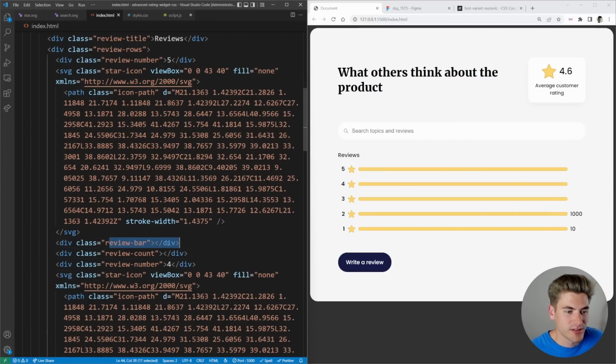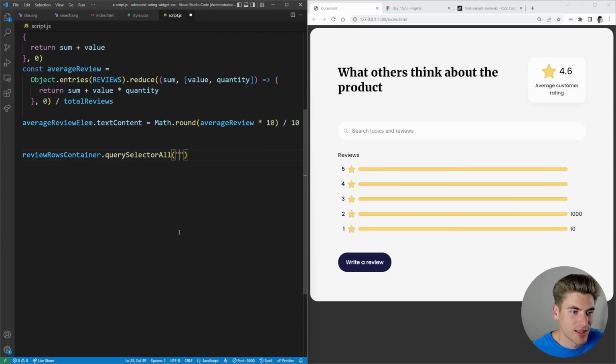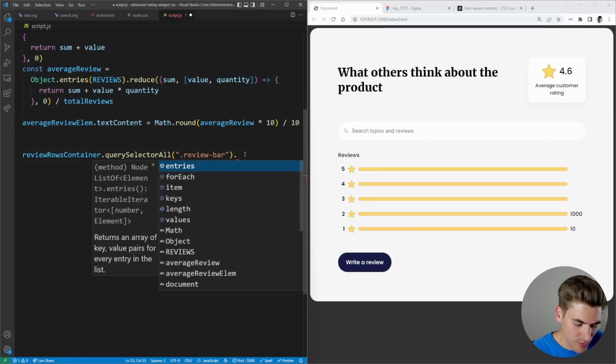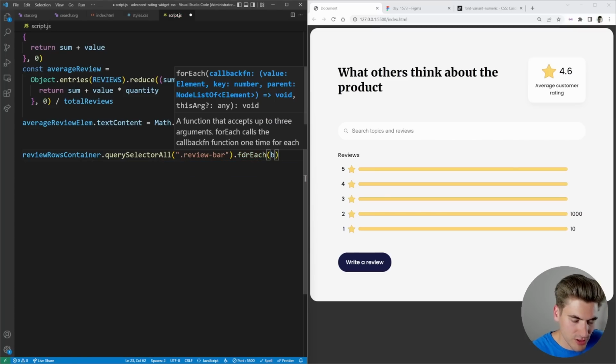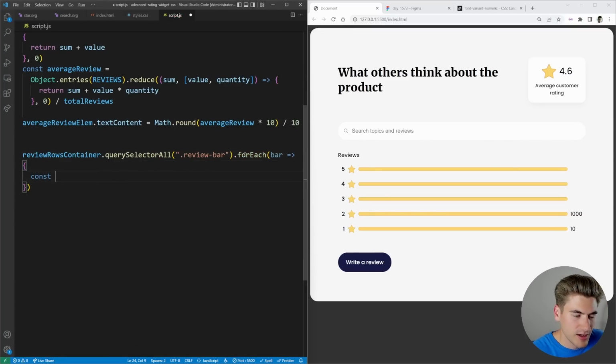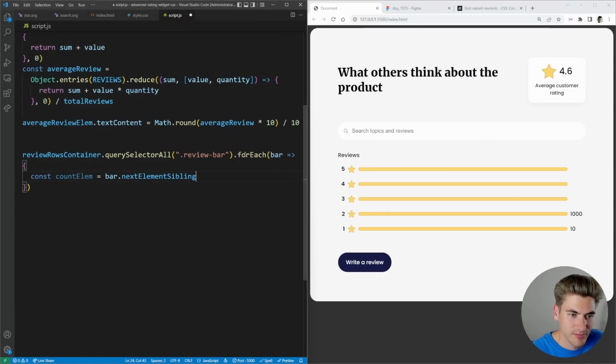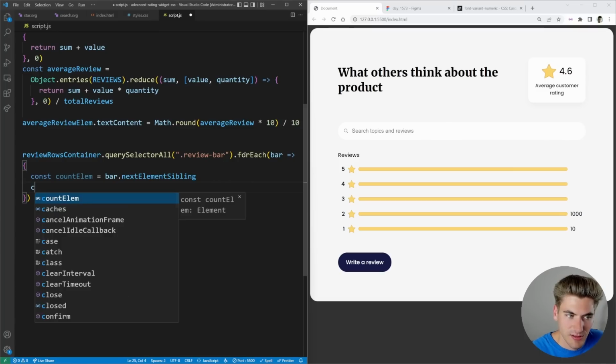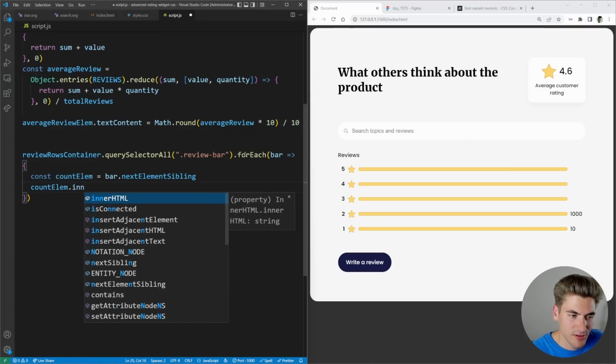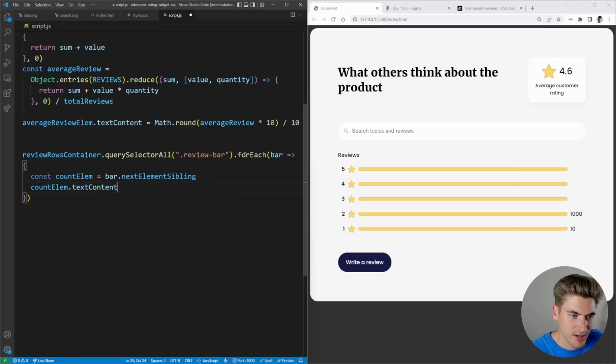So let's get all of the bars, and then the next child is the count. That'll work. So I want to get all the review bars. Then we can forEach over each bar, and I can say our count element is equal to bar.nextElementSibling. There we go. So our countElement.textContent is equal to,